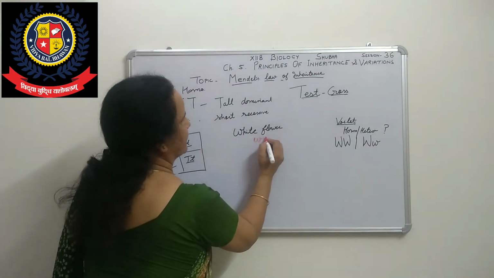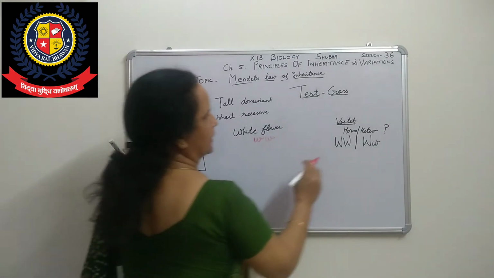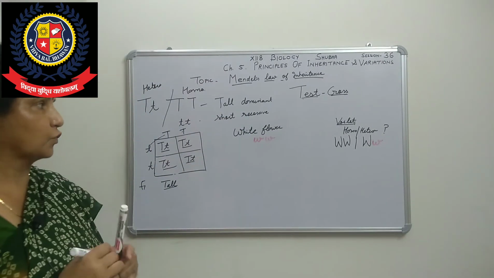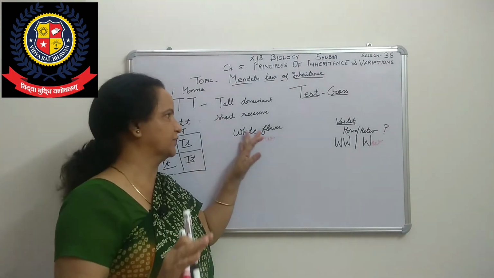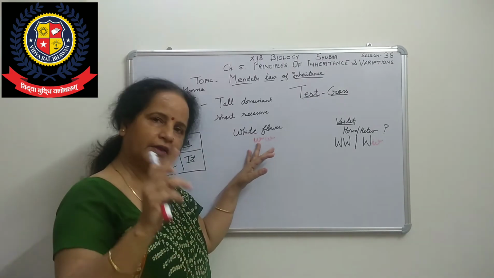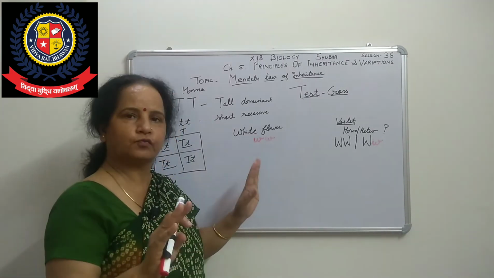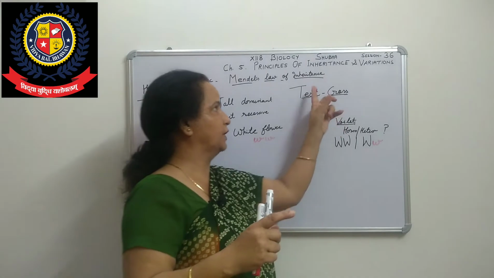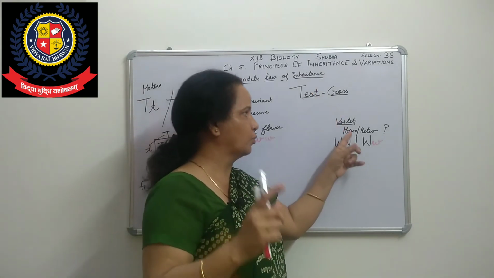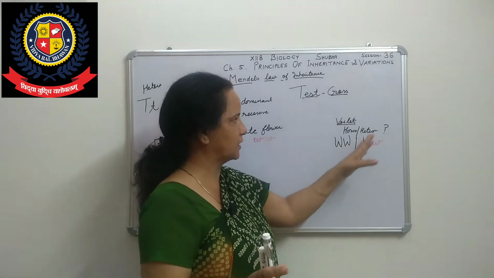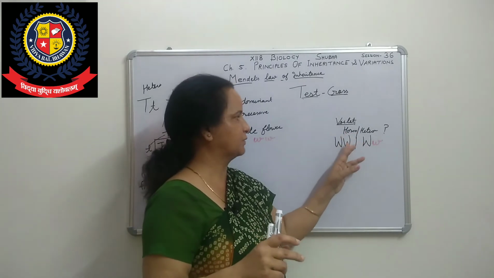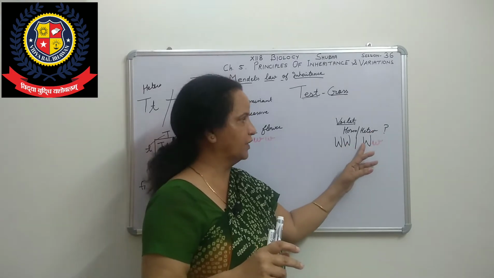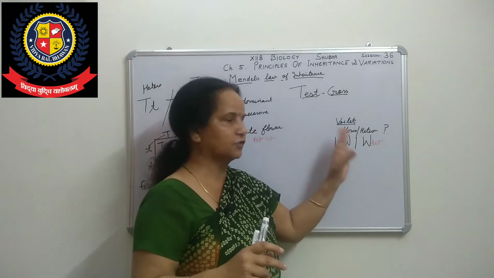This one will show red color, right? Here we can show the recessive trait like this. So here, white flower, because we know that is a recessive trait. A recessive trait will always be homozygous, so there is no question about that. But in the dominant case we have to test whether it is homozygous or heterozygous. Maybe it will be homozygous, both in capital form, or maybe heterozygous, one capital and the other small. That is crossed with the recessive form.